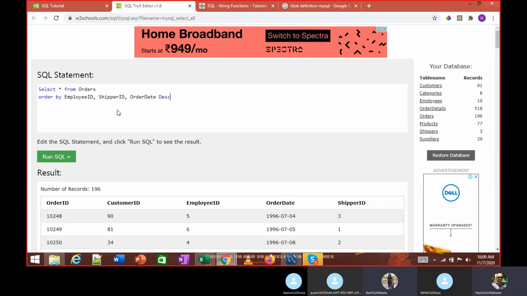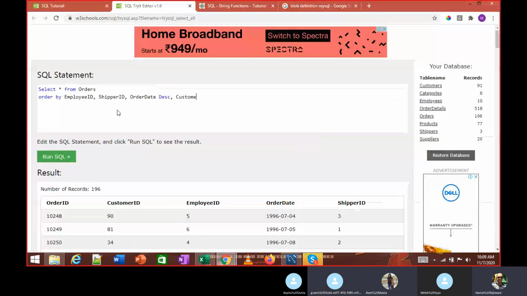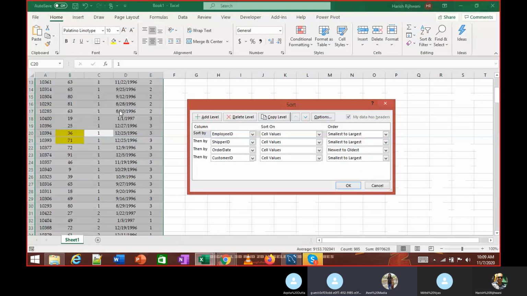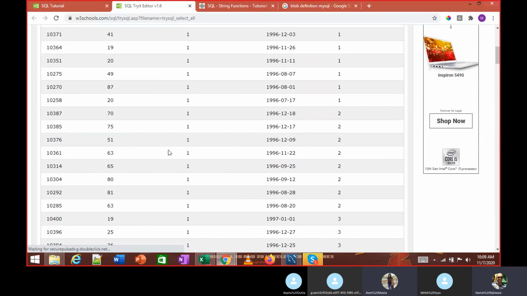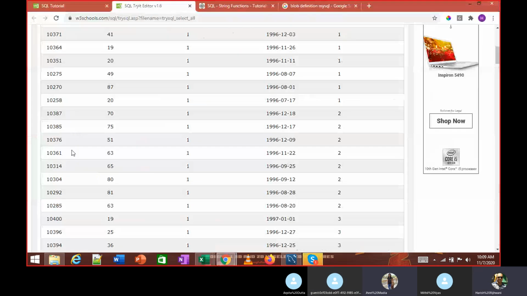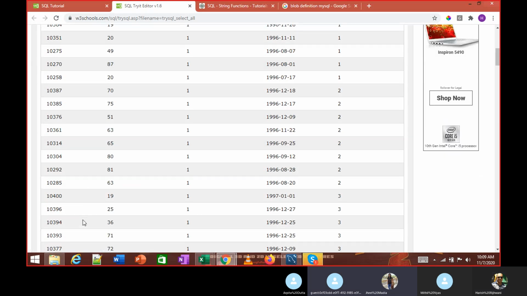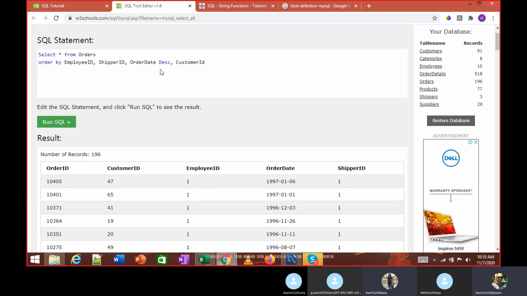I need to write DESC over here. When I run this, you will notice 10394. You notice the same 3671. If I remove this DESC,